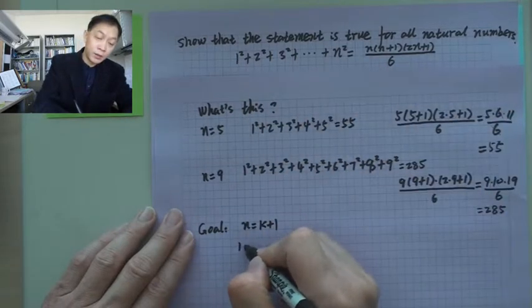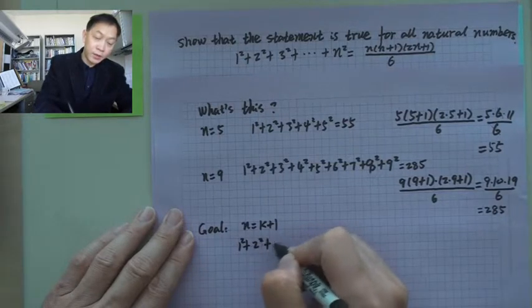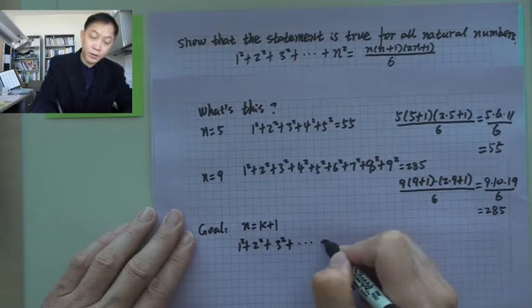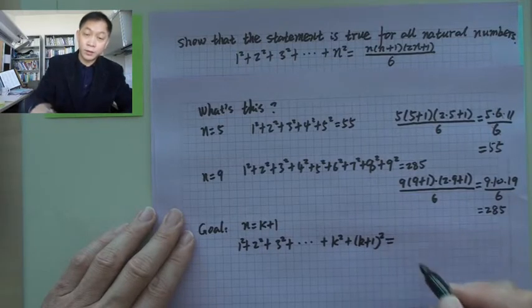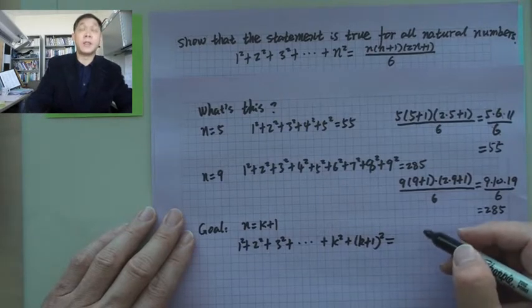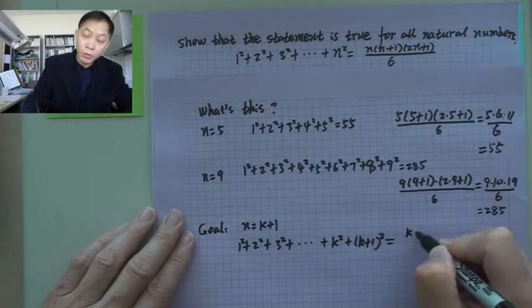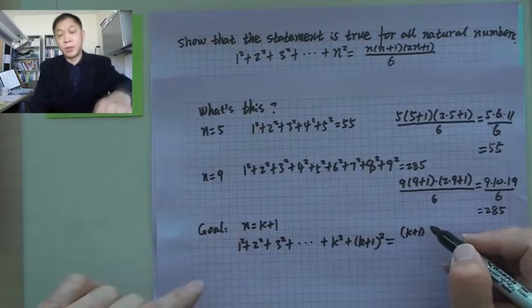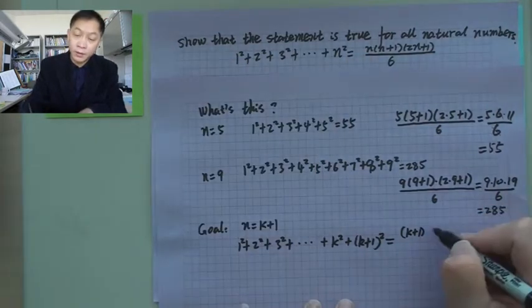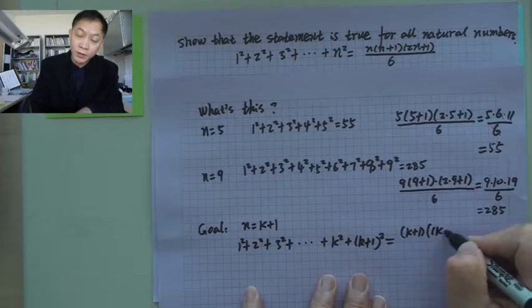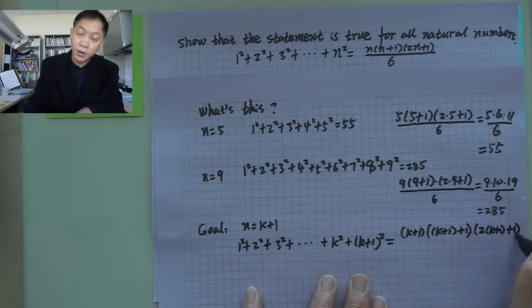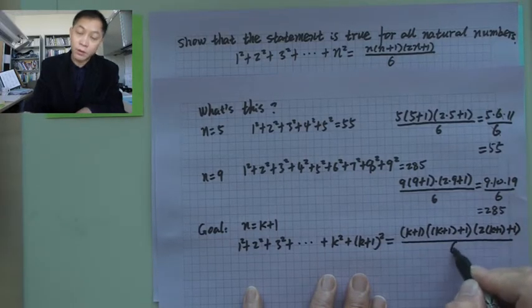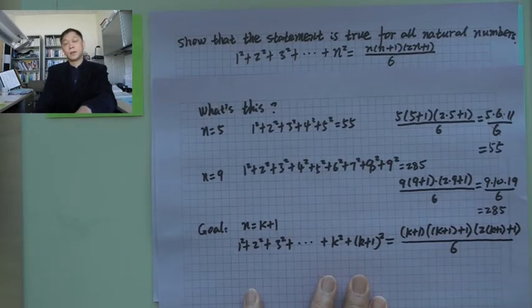So what we need is we want 1 squared, 2 squared, 3 squared, plus k squared, plus k plus 1 squared. We want the left-hand side like this, then the right-hand side we want is k plus 1. That's our n. You replace n with k plus 1. Then in the second bracket, you want k plus 1 plus 1. And then the third bracket, you want 2 times k plus 1 plus 1, the whole thing divided by 6. This is what we wanted. Okay. Now,